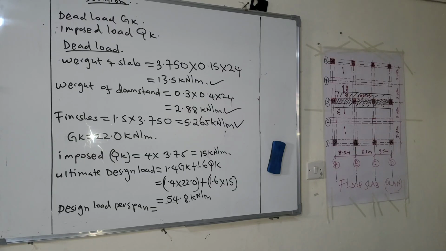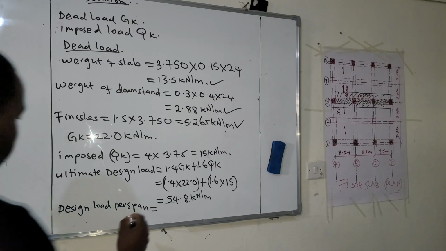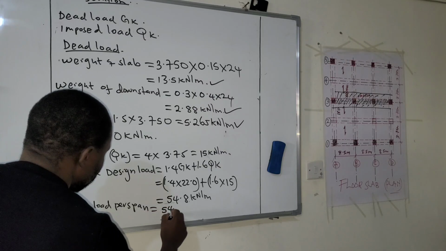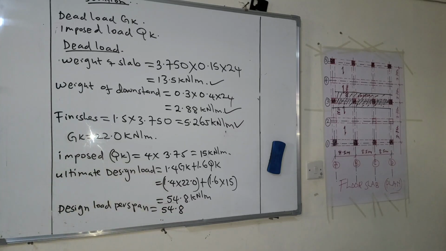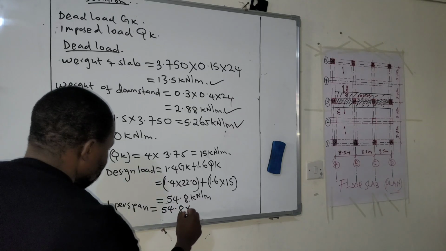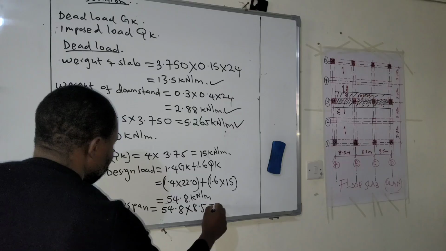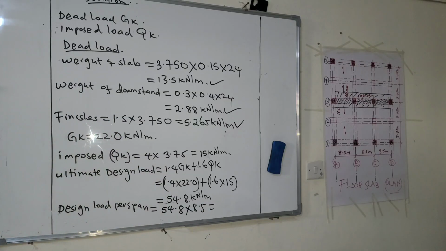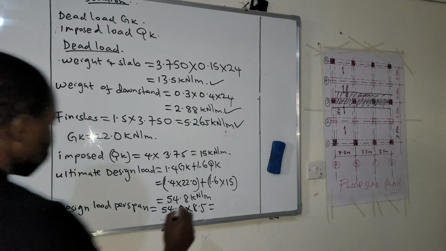So design load per span will be 54.8 times 8.5. So this one will be 465.8